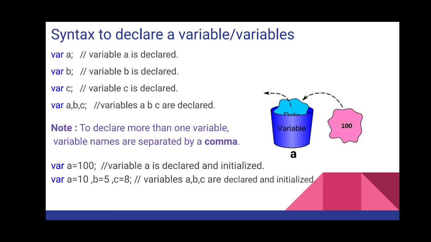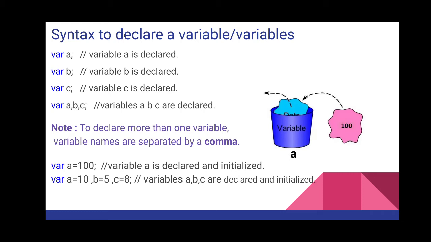So you can see var a means you are declaring a variable a. Simple. Second line var b, and third line var c. So this is how you have declared three variables, meaning you have generated three spaces a, b, c in which you will be putting some data. Agree? Now suppose I have got 10 different variables. I am not going to write 10 different lines. So if I want to declare these 10 variables in a single line, how can I do it?